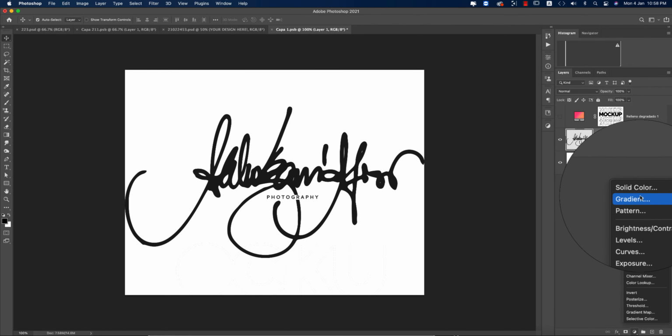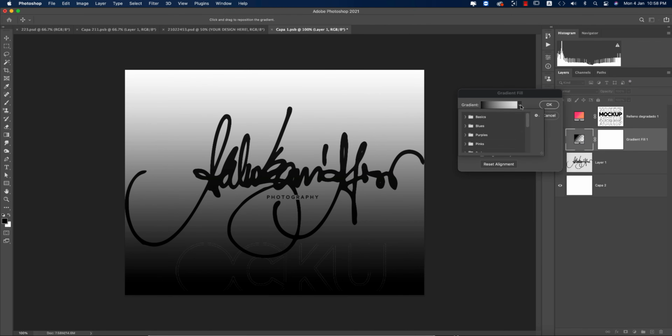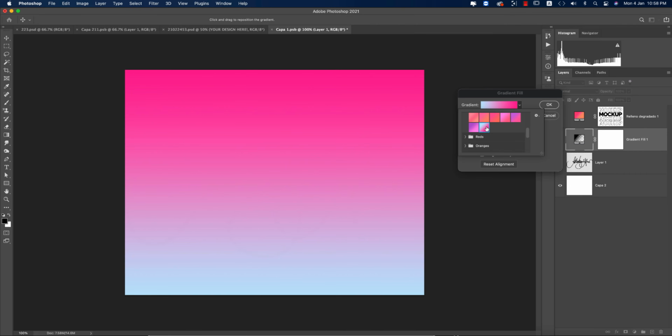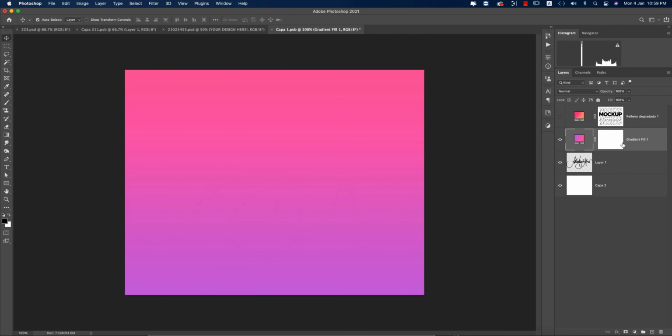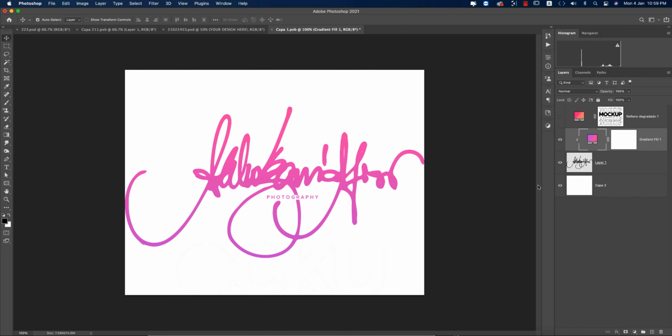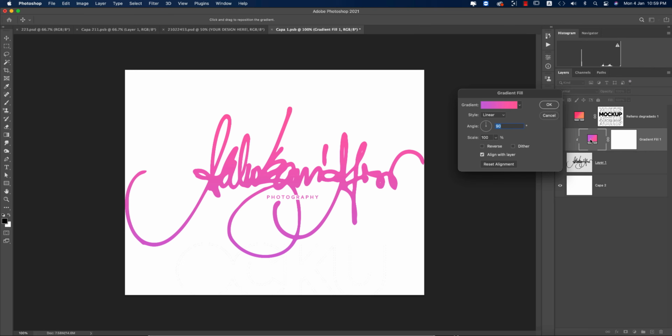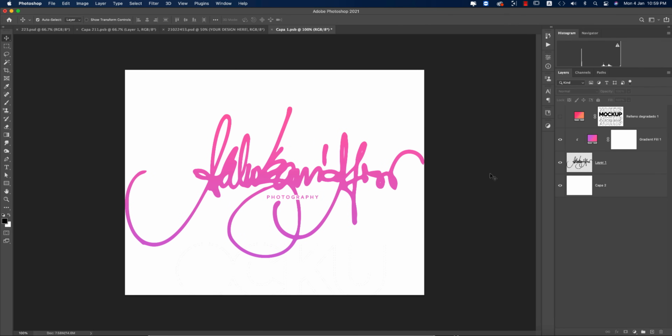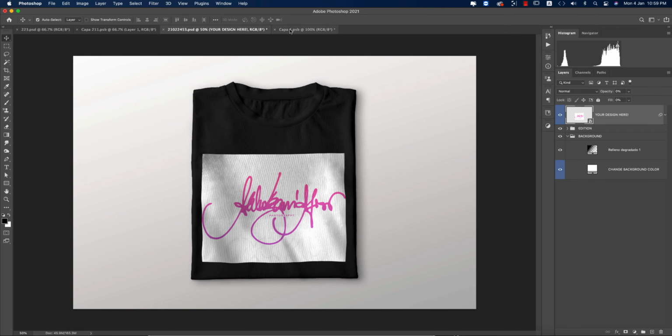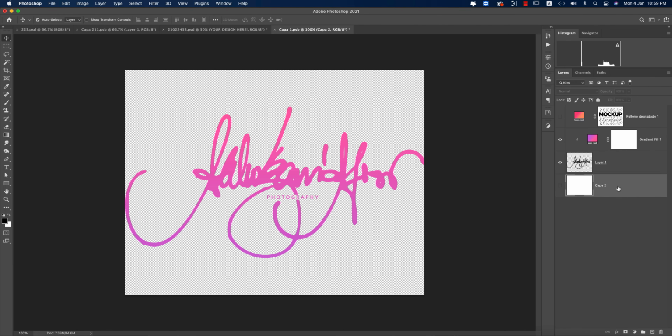So taking the gradient from here, you'll find lots of gradients like pink or this one, and hit OK. Right click and create clipping mask. And actually you can change, or you can give the color like that, and press Ctrl or Command S. Before that you have to turn off all the stuff. Okay, you're getting it like that. So if you turn off the white portion and then press Ctrl or Command S,